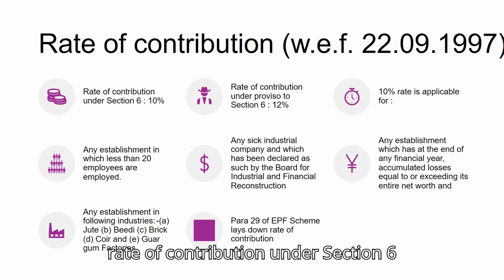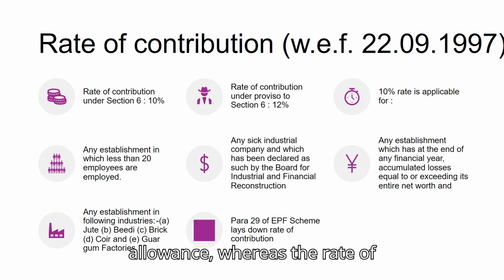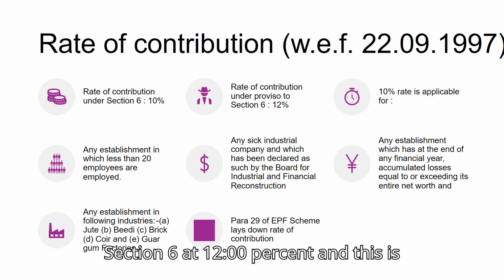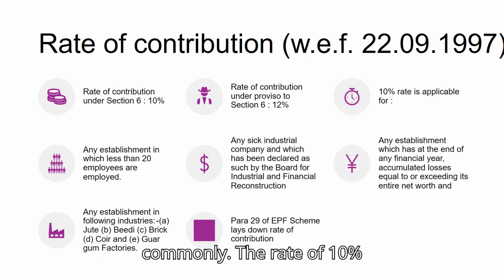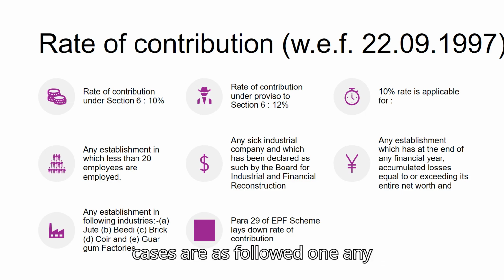The rate of contribution under Section 6 is 10% of the basic wages plus dearness allowance and retaining allowance, whereas the rate of contribution under the proviso to Section 6 is 12%, and this is the rate which is applicable most commonly. The rate of 10% is applicable in a few cases, and these cases are as follows: